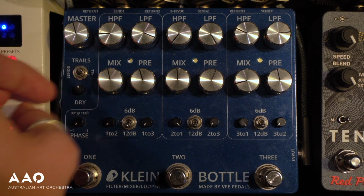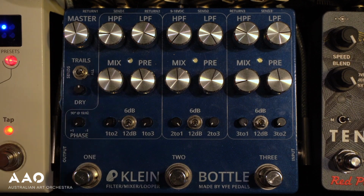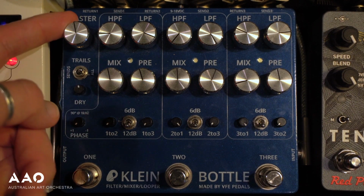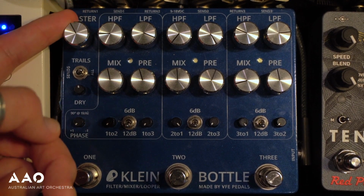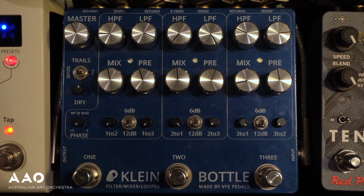And it's also got a dry signal mix as well. So if I want to send a dry signal through to my pedals, I can, as well as an overall master knob. So it's kind of taking the place of a very, very nifty mixer, but a fraction of the size. Another thing that I find really useful is to have multiple places where I can adjust the gain